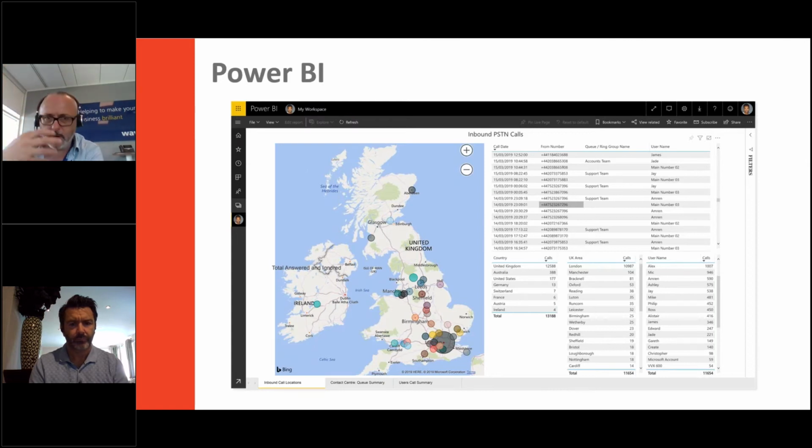Are we getting them from Manchester? Where are those calls coming in? And we can look at it. And we've created a range of set templates that you can use automatically out of the box. But we also give you access to the API. So if you want to build your own and get some specific information, we pass all that information to you